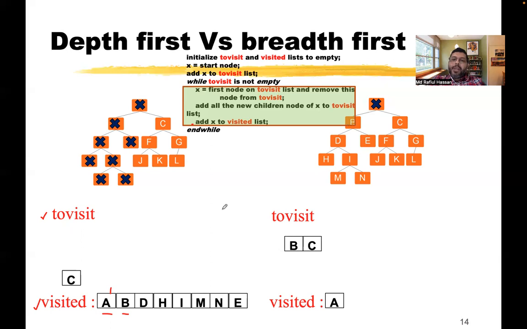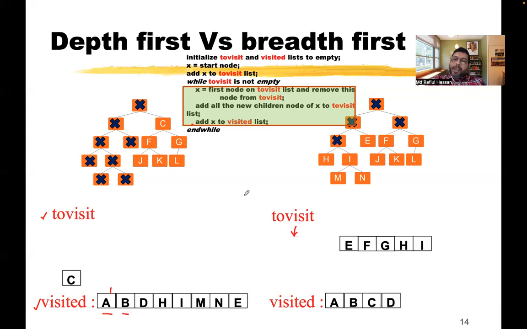You can see that we are taking the B, not the C. We are not taking the top element. We are taking the first element. But here in the depth first, we are taking the top element. So you can see in the breadth first, we are taking out the B, then adding D and E. So like these things, we are following the same algorithm that is written here, and you can see that the